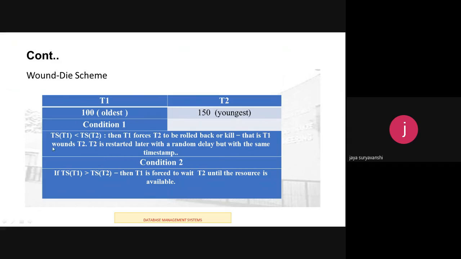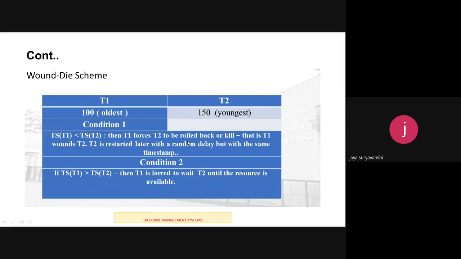So this is your first condition. T1, that is the older transaction, will wait to complete the operations of T2. Okay. So this way it will work. Next condition, that is,